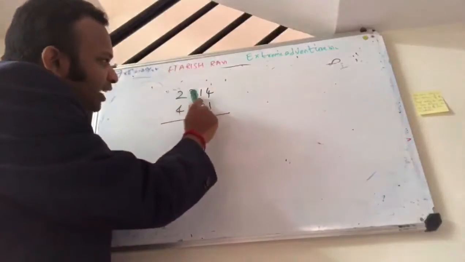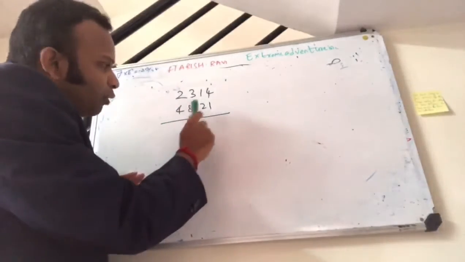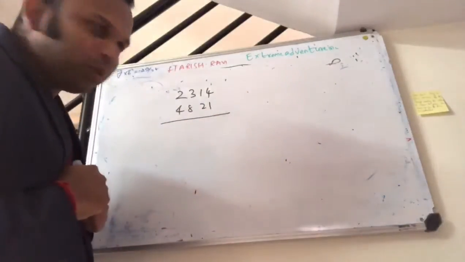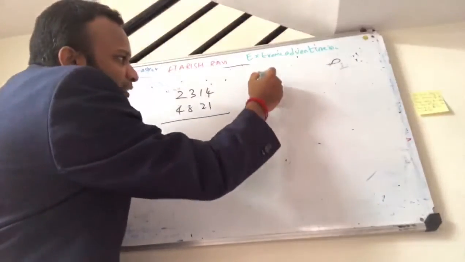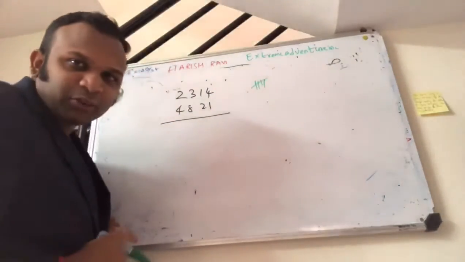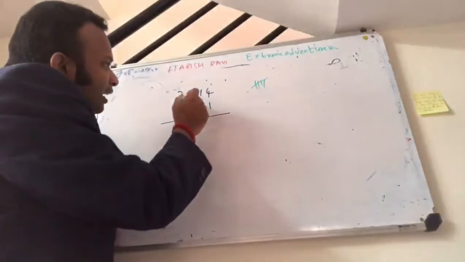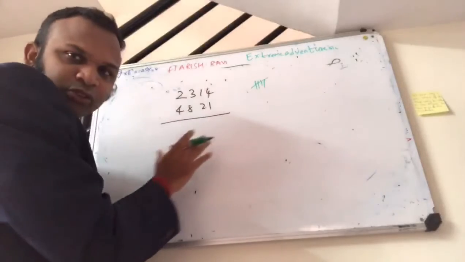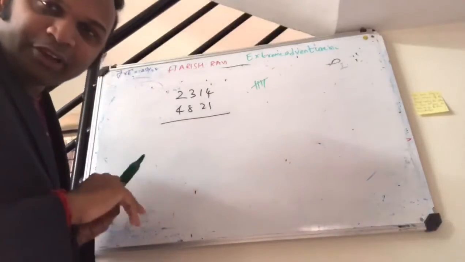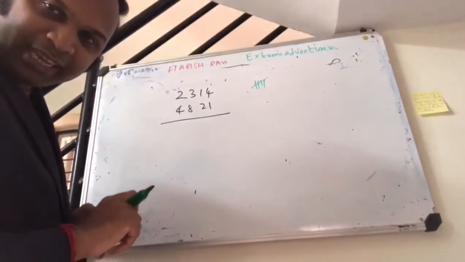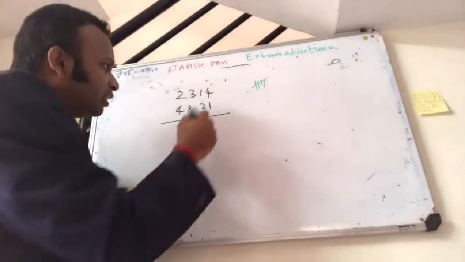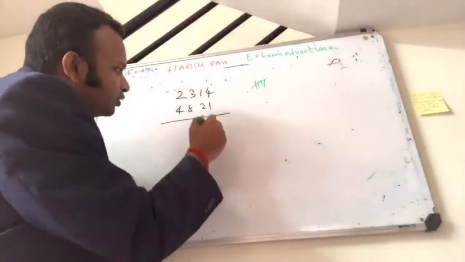Today I'll be multiplying 2314 with 4821. Numbers are basically bars, like bar counting is possible: 1, 2, 3, 4, 5 like that. So 4 is just a symbol, and then tens place and all their values. By doing the algebra, you can work out the rules for multiplication, division, addition, and subtraction. So let's multiply these two numbers.